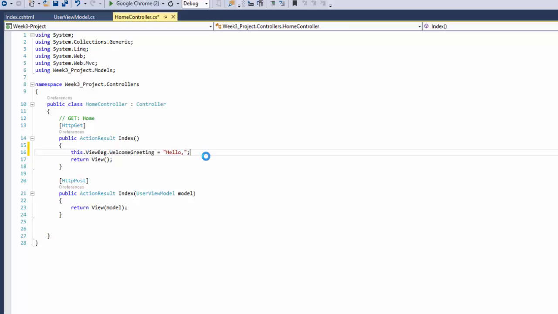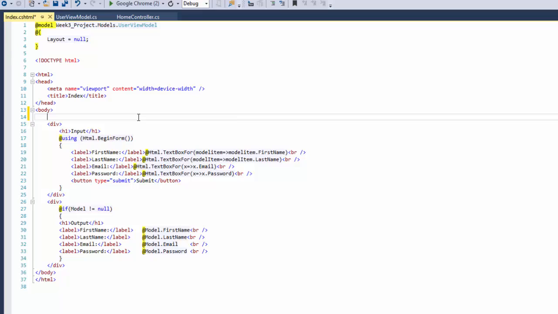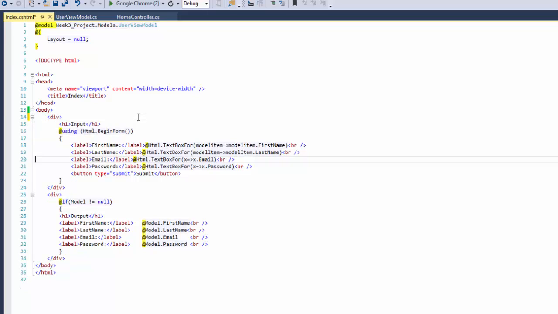Now, if we flip back to our view, which is our Index.cshtml, from in here, we can then go here and we can do our @ for our Razor syntax, and then we can just say ViewBag.WelcomeGreeting. And what will happen here is that our ViewBag value will actually get published or pushed into our view when it's sent up. Now, putting it up there at the top probably isn't the clearest way to do it,